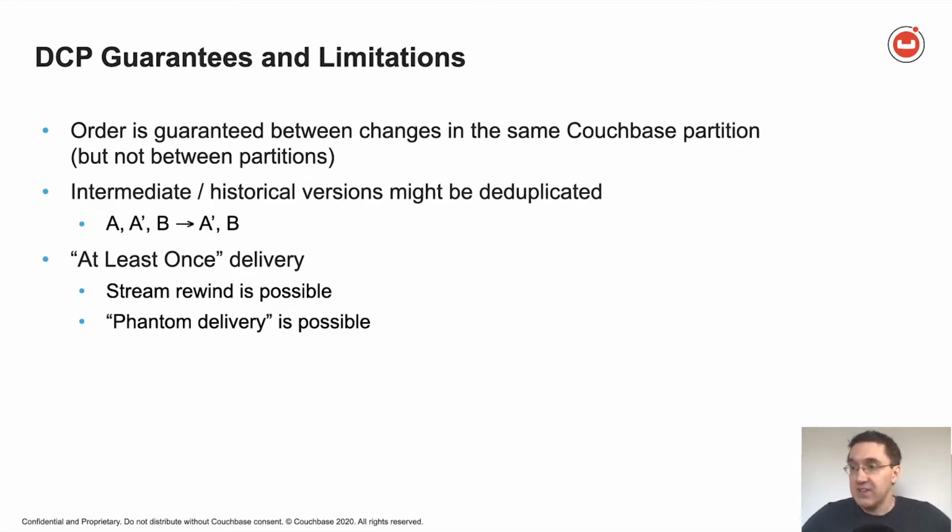And in the worst case, let's start with the best case. Talk about best case first, right? In the best case, the stream will resume exactly where it left off. In the worst case, if the connector is disconnected and stopped for an extended period of time, Couchbase server may restart the stream from the beginning of history, send everything all over again. The event stream may also rewind when a Couchbase node fails over, which brings us to